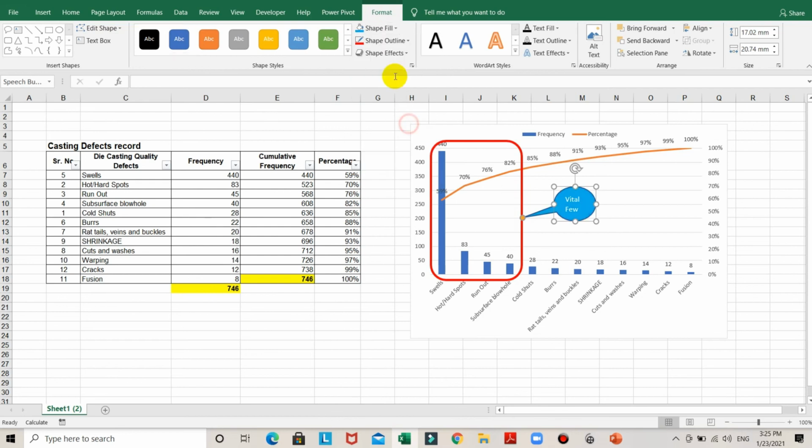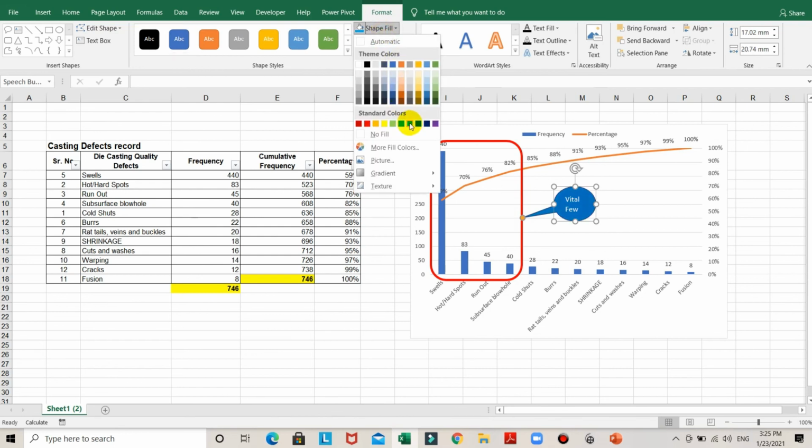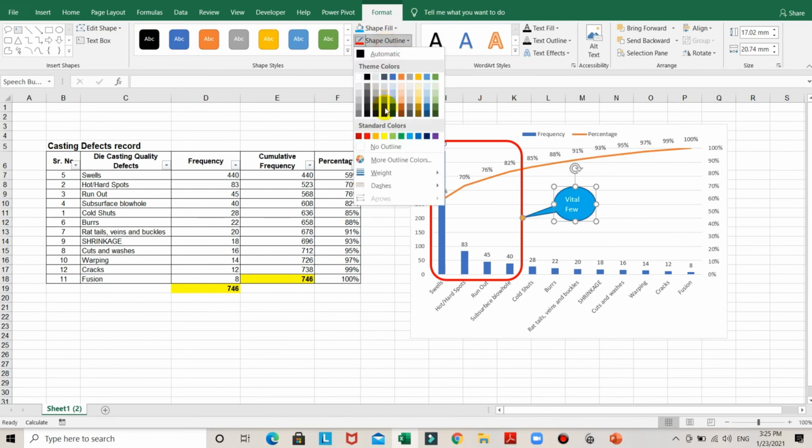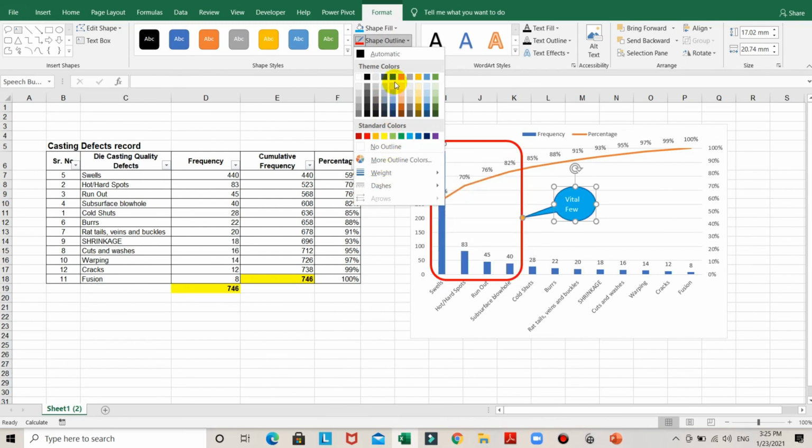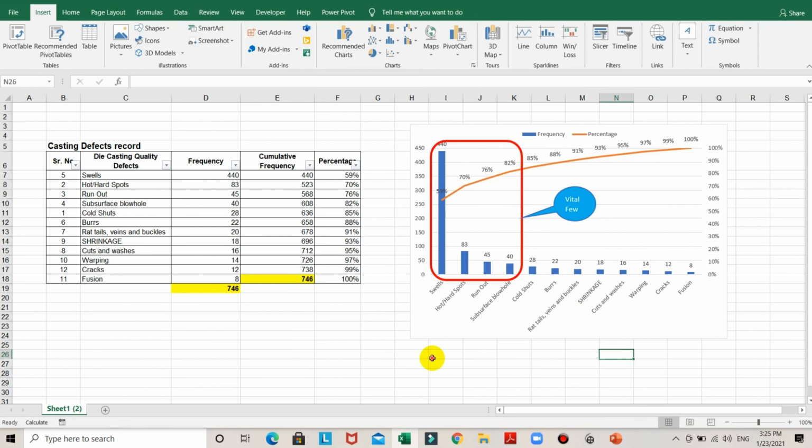We'll just keep this here, or you can keep it as you like. In this way you can create the Pareto chart in Microsoft Excel based on the Excel Pareto analysis.